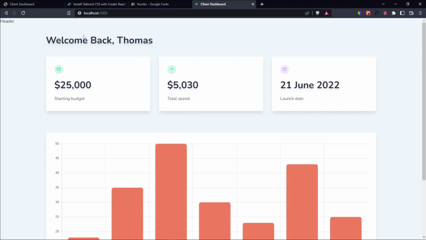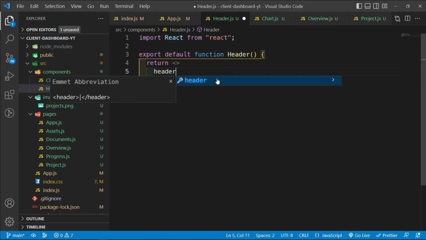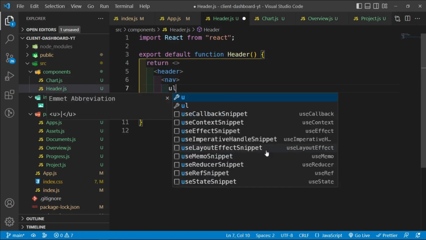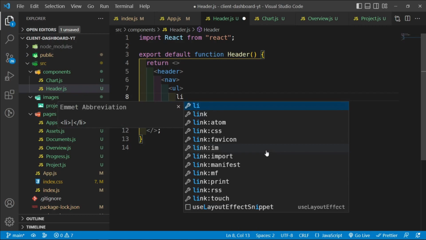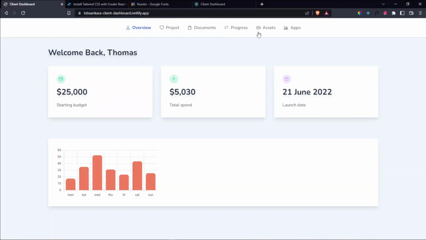header so that we're able to navigate into the other pages. So what I'm going to do is this. Inside header.js, we're going to go ahead and create our header. So return a fragment first of all, and then we're going to create our header. And then inside this header, we're going to have a nav element, and then this nav element is going to have an unordered list, and then we're going to have 6 list items. So li times 6, meaning 6 list items are going to be these links that we're going to have inside